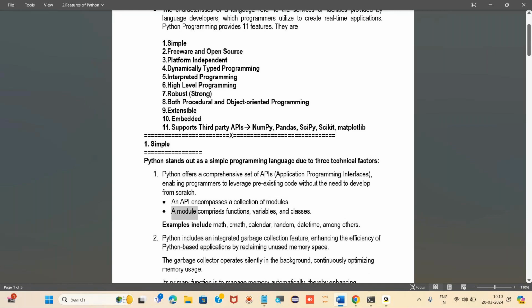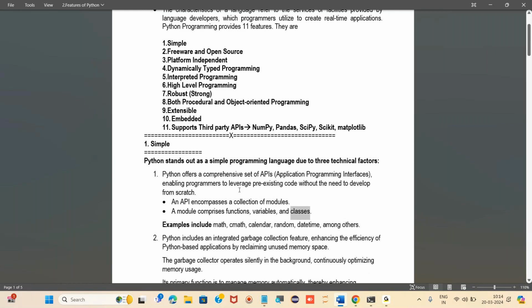Module is also a collection of functions, variables, and classes. Everyone, you should know what is API and what is module, because API is the collection of modules and module is the collection of functions, variables, and classes. Getting my point? This is simple.